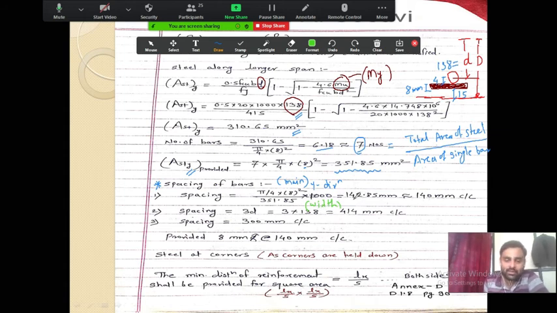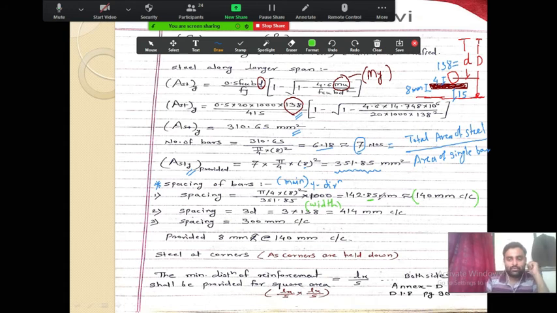Now the spacing works out to be 142.85 mm. So round this spacing, and you get the value 140 mm center to center. While rounding the spacing, you should decrease the value. As you decrease the value, the number of bars is increased.